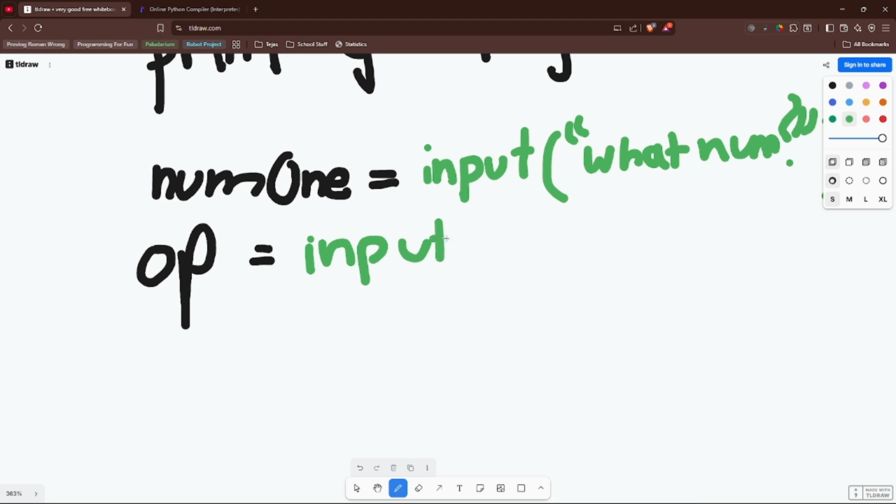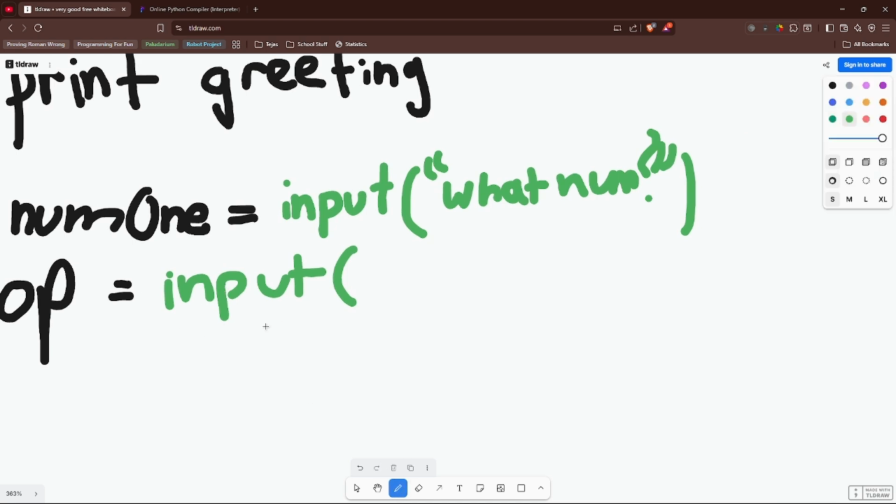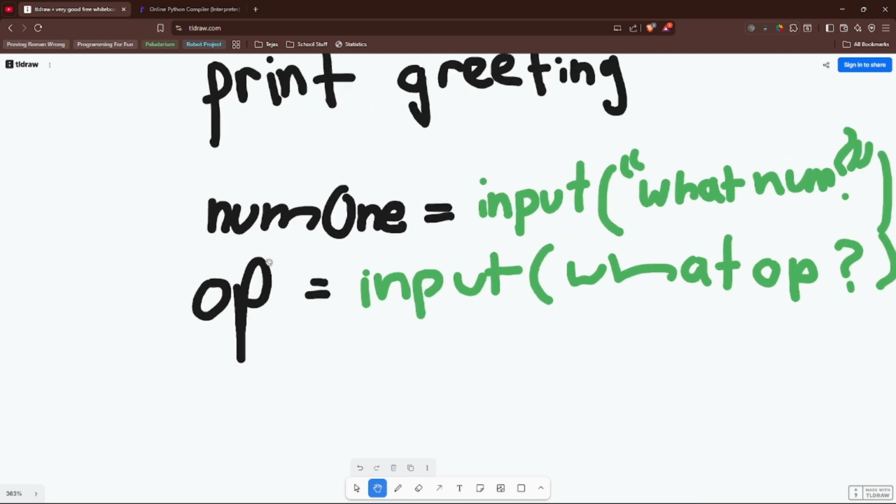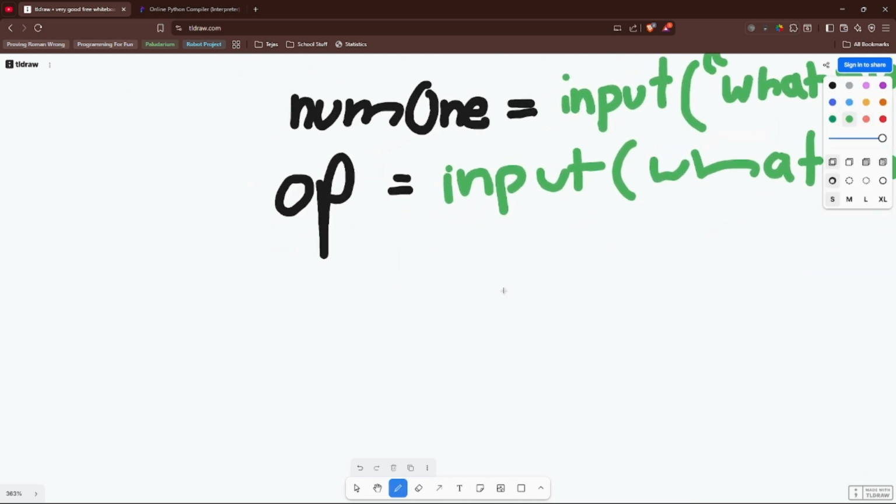Input, I'm just going to not use correct syntax here because it's just planning. Input what op, right? So this is asking what's the operator that you want to use,